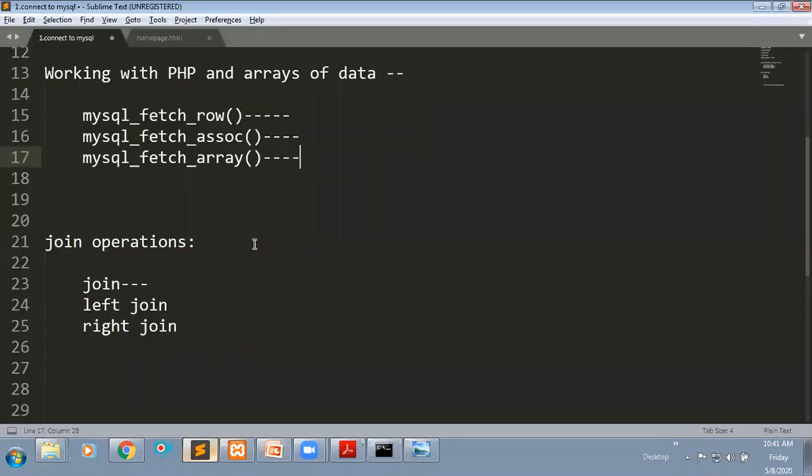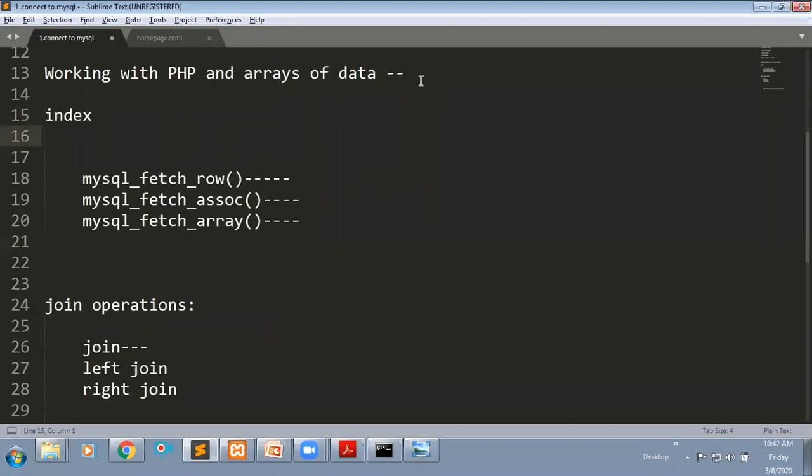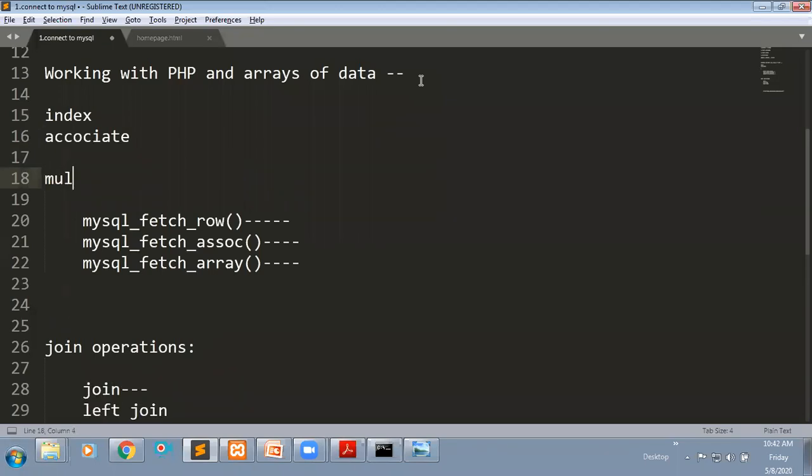Arrays are a collection of related data which we can store in a single variable. We have three different types of arrays: indexed array, associative array, and multi-dimensional array.